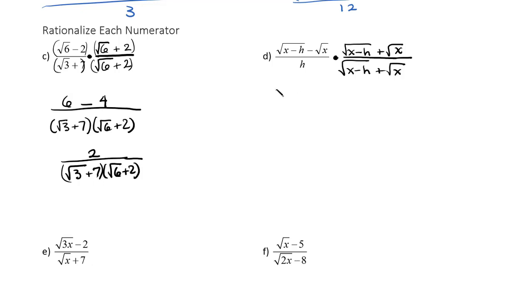This will give me x minus h minus x all over h times root x minus h plus root x. X minus x is just 0, and so we're left with negative h over h